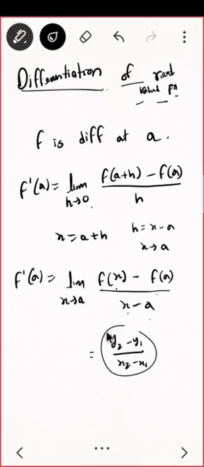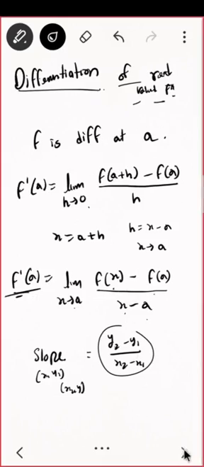10th standard, 9th standard. What is this thing? This is slope, na? Slope of a line passing through 2 points, that is x1 y1 and x2 y2. I hope you remember this is the definition of slope, correct? So this thing is also the same, but the extra term is limit x tending to a. Let us forget about this first, and let us see graphically what is the meaning of f dash of a.